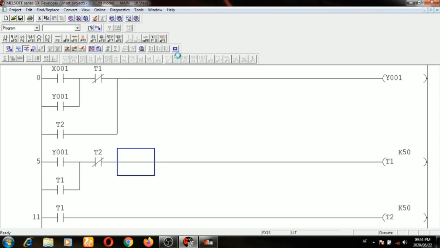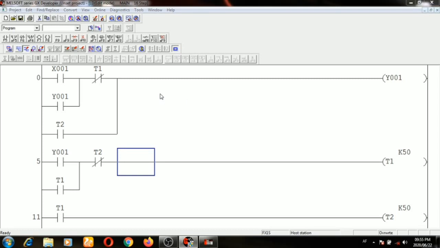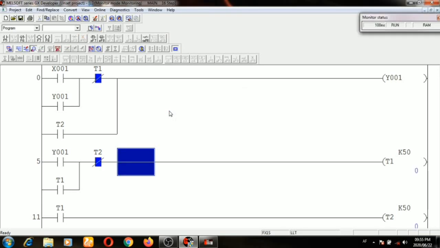So it is coming in the simulator mode, and it takes a little time. So the process basically continues for some time. I hope it's clear to all. This is very simple. Okay, Y1 will be operated from X1, and then after some time Y1 will be off, and after some time Y1 will be on automatically.